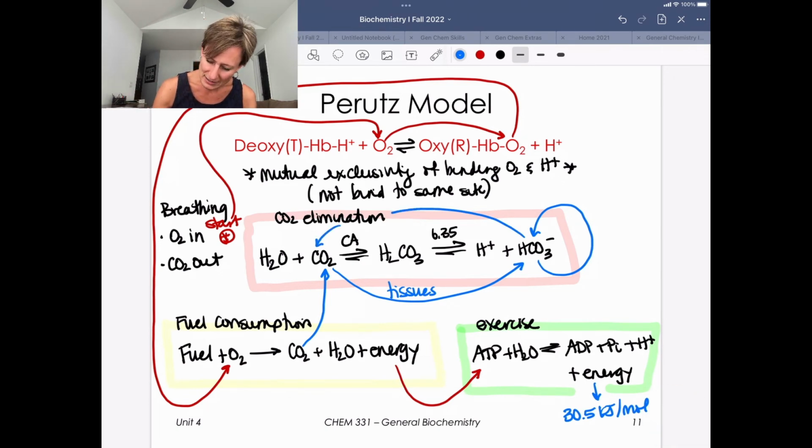Carbonic anhydrase in the lungs is going to move in the opposite direction, generating gaseous CO2, which can then be breathed out. Wow, so lots of arrows there. So rewatch this if you need to remind yourself of the flow of this. We're actually going to act out this whole process in class where we're going to role play hemoglobin, myoglobin,